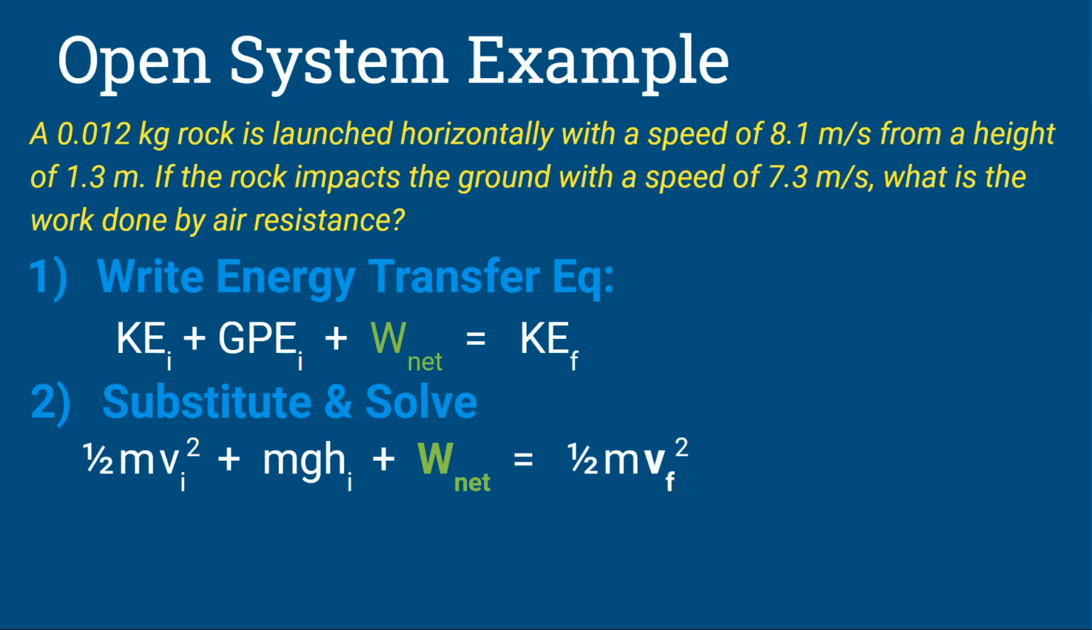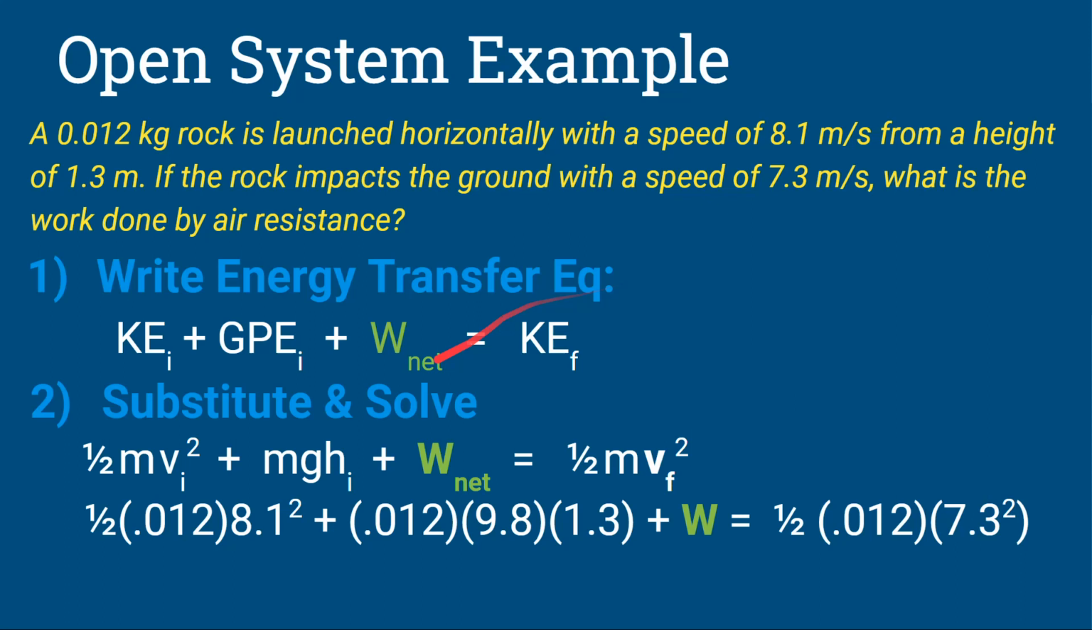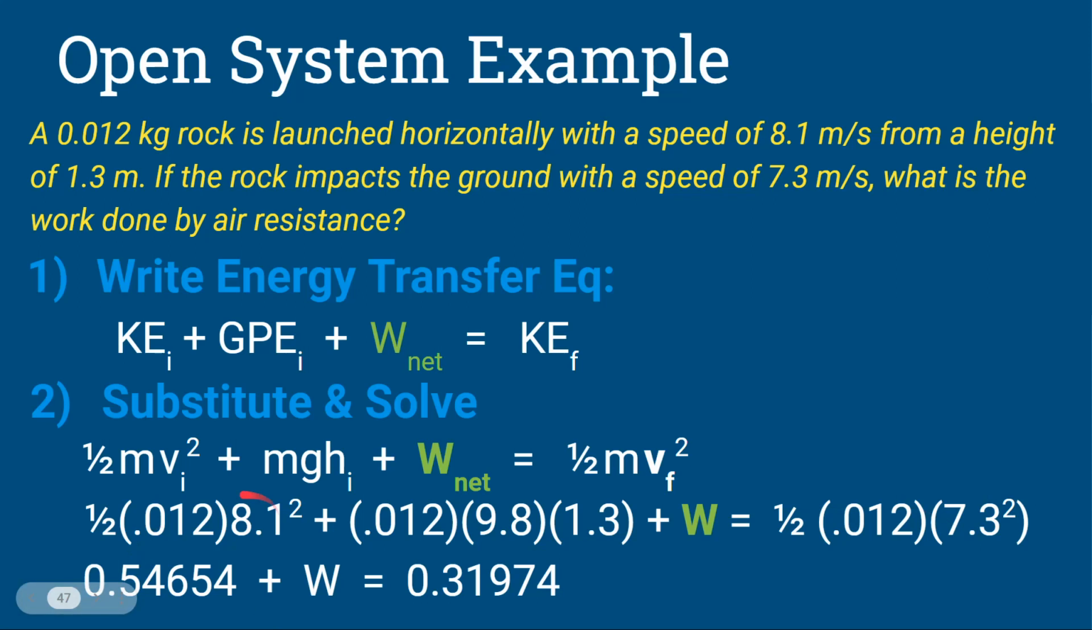And then again, KE, I have 1/2 mvf squared. Putting in the numbers looks like this. Again, mass is 0.012, initial velocity, mass gravity height. Here's my work. And then over here, I have that velocity that it said it's moving, 7.3 meters per second. When it hits the ground, there's that velocity, 1/2 mv squared. If I solve for what I can, again, this whole side over here is still the same number it was in that last calculation that I did, 0.54654, but now it's plus work, equals